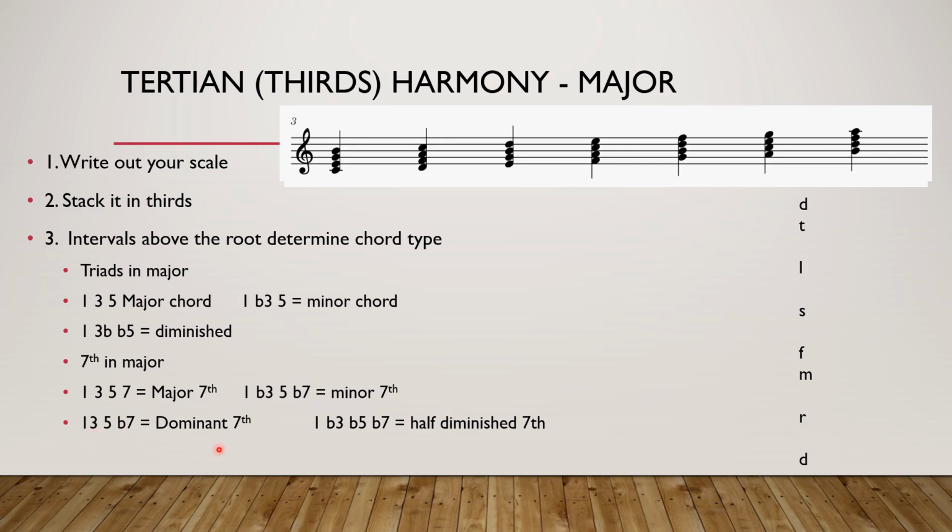The dominant 7th is only found on the 5th degree without any alterations of notes, so so, ti, re, fa, fa, re, ti, so. The interesting thing about this one is it's got the major third, but also the minor 7th at the top. So, ti, major third, so, fa,